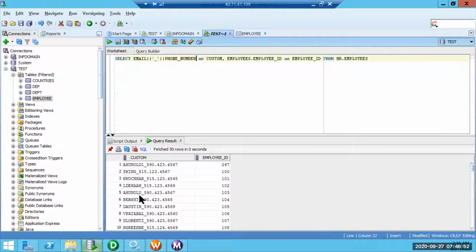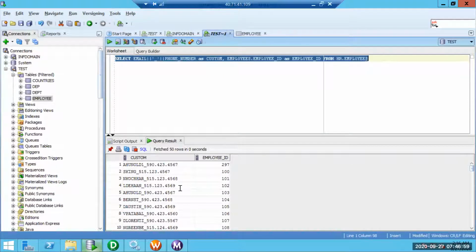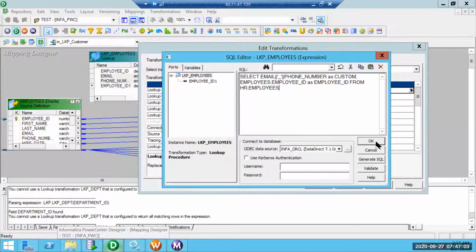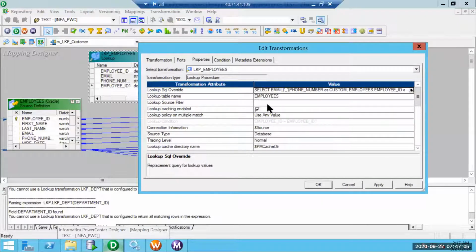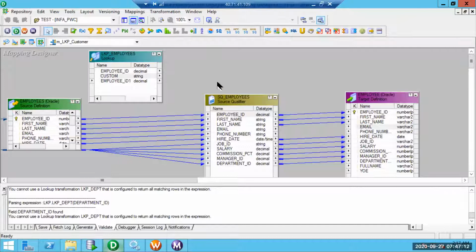In the mapping we need to make use of an expression transformation to invoke the lookup as well as to split both of them also. So we are going to make use of this custom column.